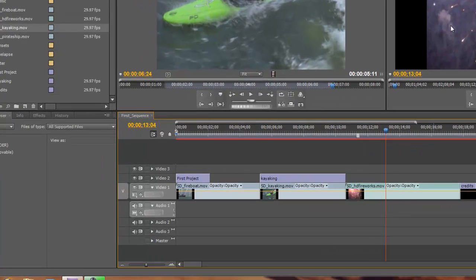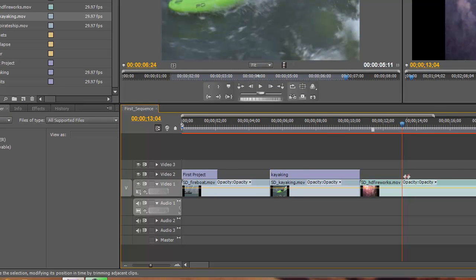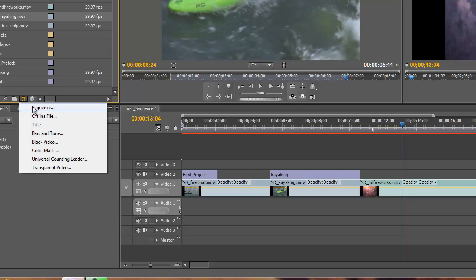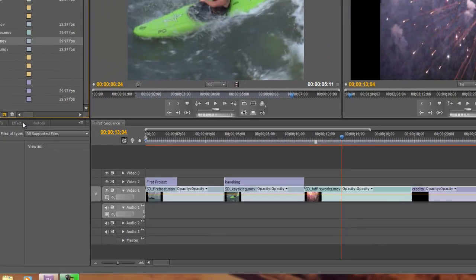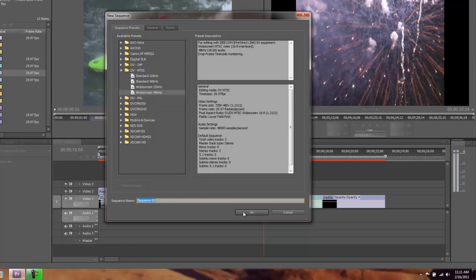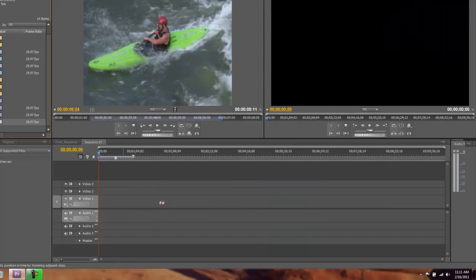Then below our source and program monitors we have, of course, the timeline or a sequence. We could have multiple sequences in a project. If I want to do another sequence, over at the bottom of my project panel click on the new item icon and choose sequence. I'm just going to take the default settings here, click OK, and now we have another sequence